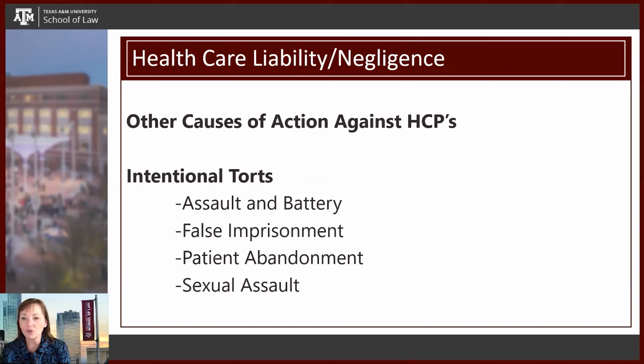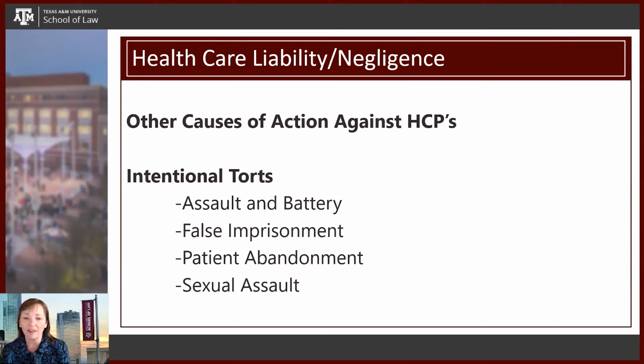There are also strict requirements on restraints. You can't tie people down. You can't hold them down without following some very strict requirements of regulatory and accreditation bodies on how you have to restrain people. And generally, it's the least restraint that's available that is going to be the requirement for healthcare providers. Otherwise, you will have accusations of false imprisonment.